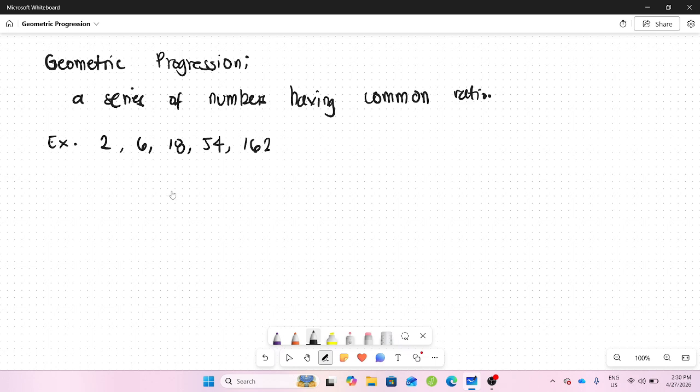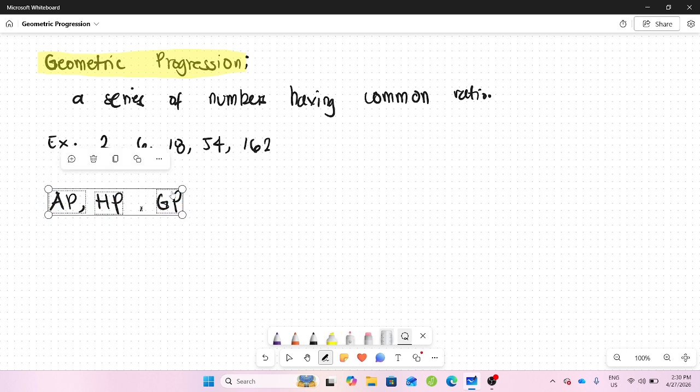Okay, so this discussion will be about geometric progression. So just a quick recap. We discussed so far the arithmetic progression, the harmonic progression, and today we're going to discuss the geometric progression. Okay, so first things first here, we have to first clearly define and then understand what we mean by geometric